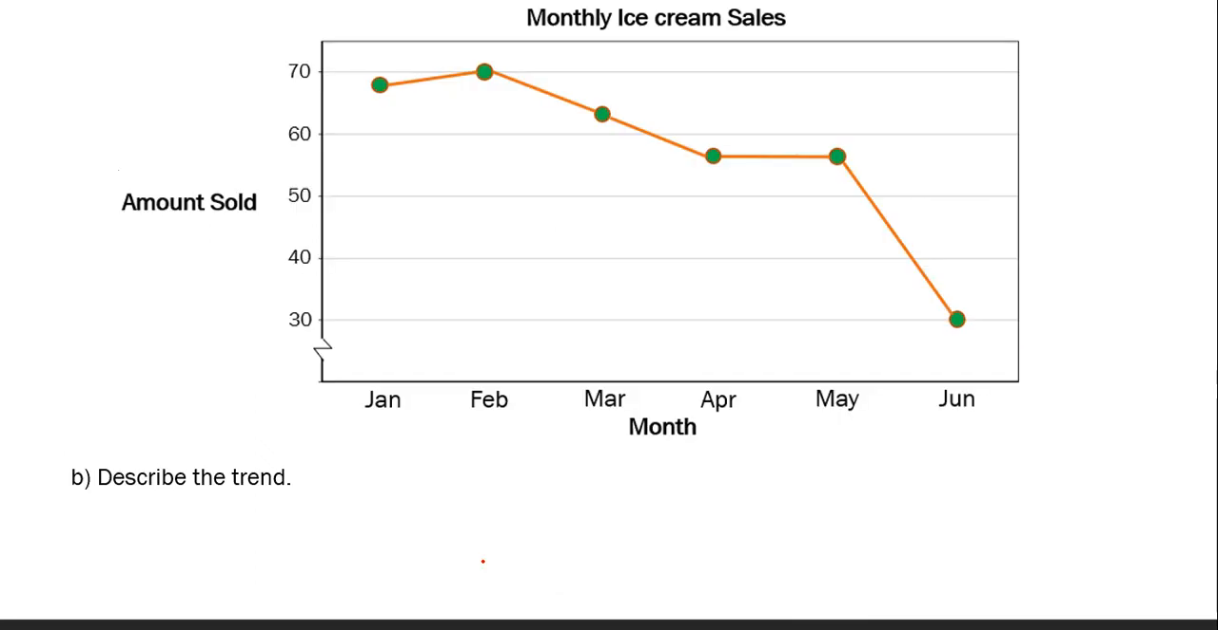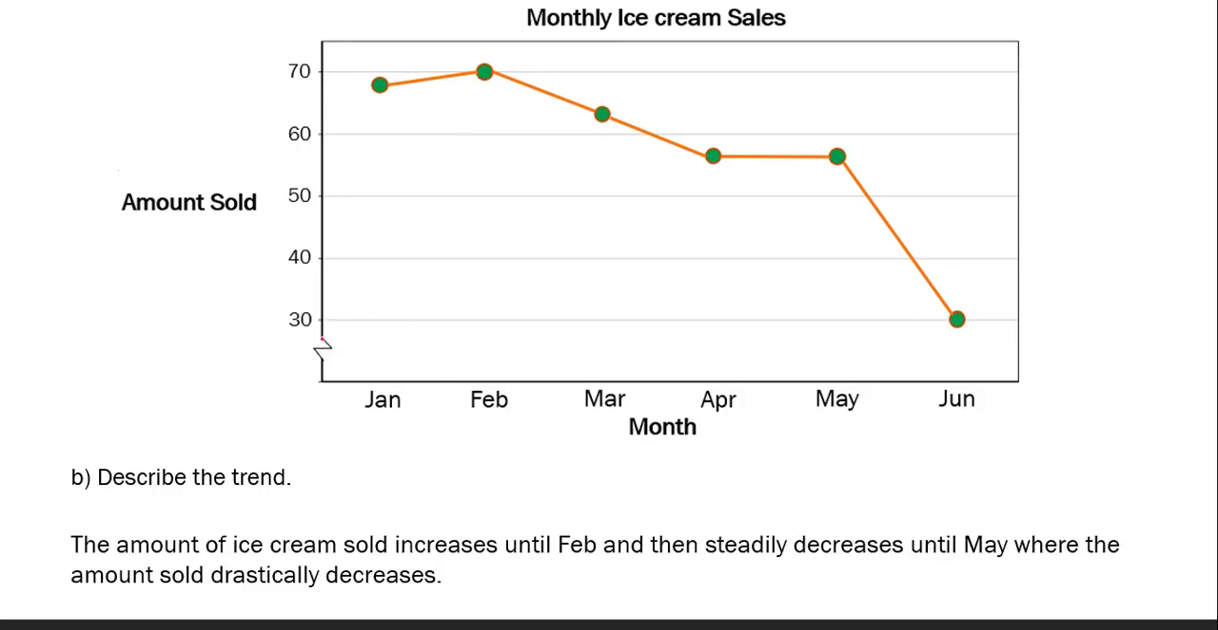So the next question was to describe the trend. When it comes to describing the trend, you don't have to write me an essay, but you're at least going to give me a general description of what's happening in the data. So what I have here is that the amount of ice cream sold increases until Feb, and then